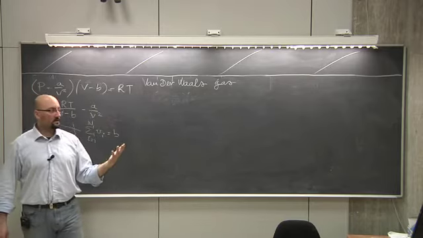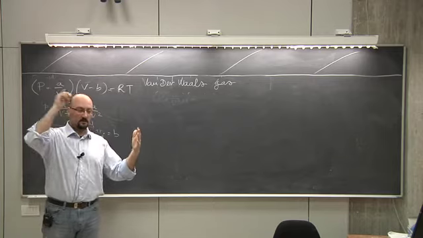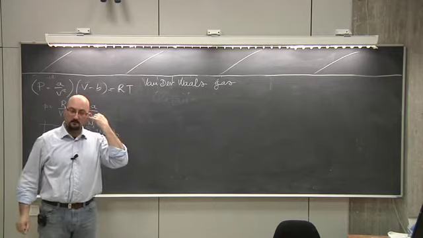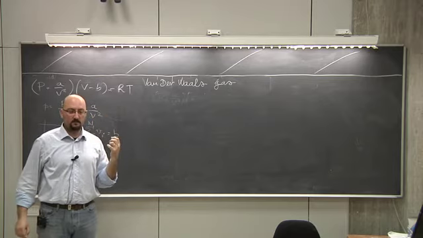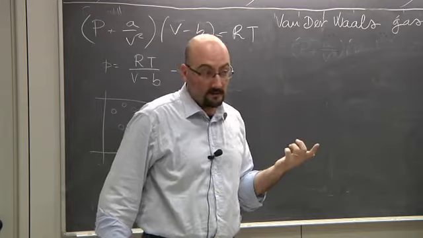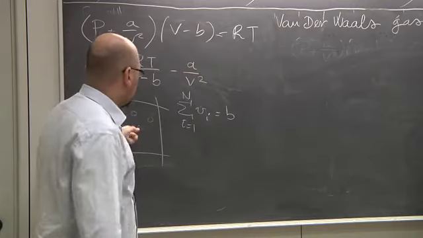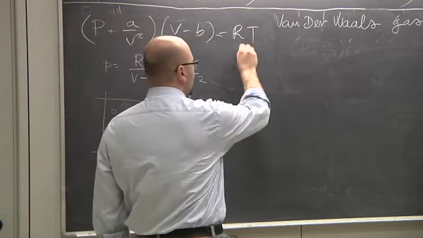What is the pressure generated by? The pressure is generated by particles which hit on the wall, right? So in order to reduce the pressure, the particles need to attract or to repel each other? To attract. So behind the van der Waals equation, there is the idea